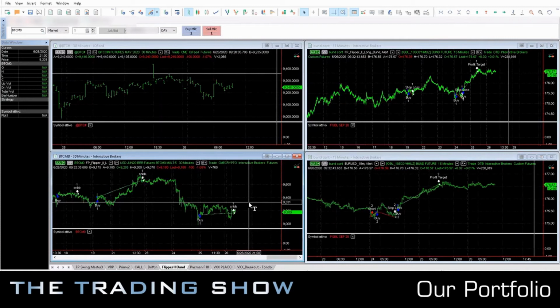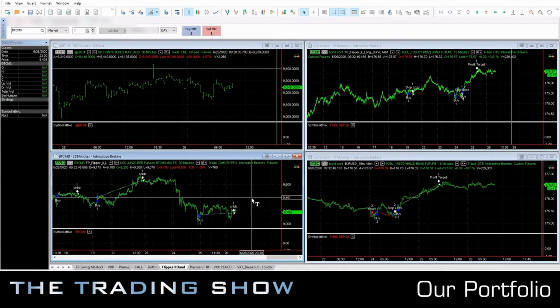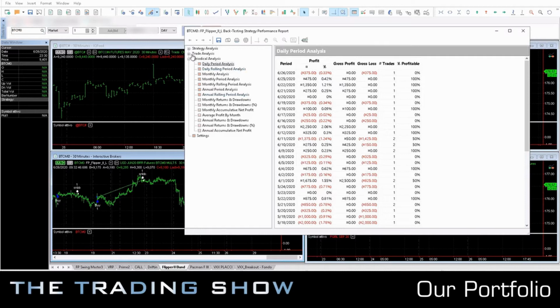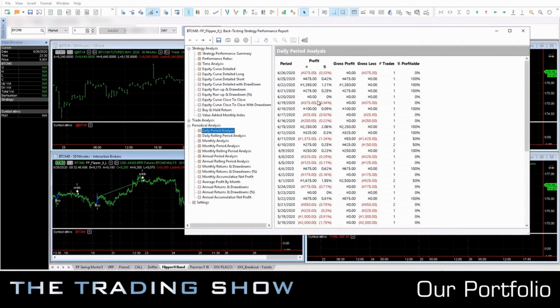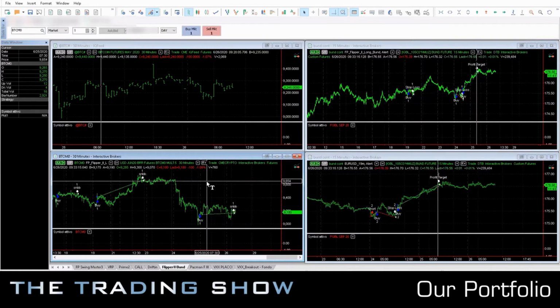I also want to show you the same system applied to another underlying, the Bitcoin future, which is suitable for the system of the volatility breakout family. This is the equity line of the system. Unfortunately, I do not have a very long historical series on this server, and we can see that in the last week it has made positive trades. As for Bitcoin, the system works only long due to the high margins required to open short positions.